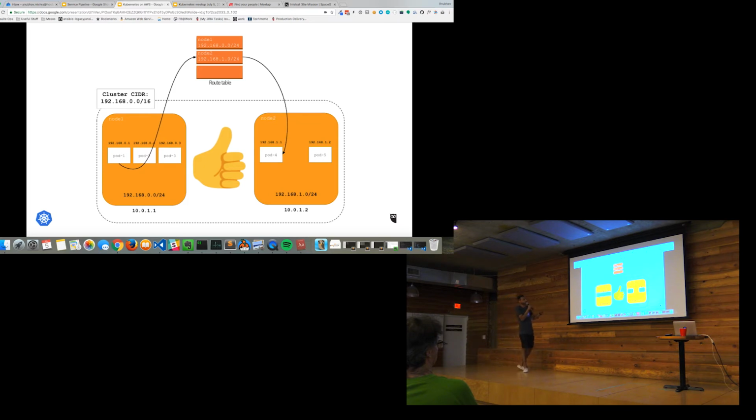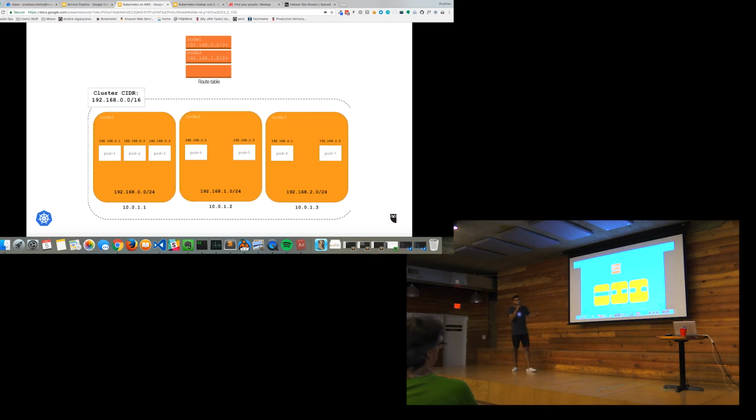We experienced this kind of communication problem really early on, which is nice because that exposes us to some of the limitations that Amazon has. So once you add an instance, add a node, all you have to do is add another entry to the routing table in Amazon, and you're good to go. You can start routing. Make sure the source destination check is off on that, and you're good.